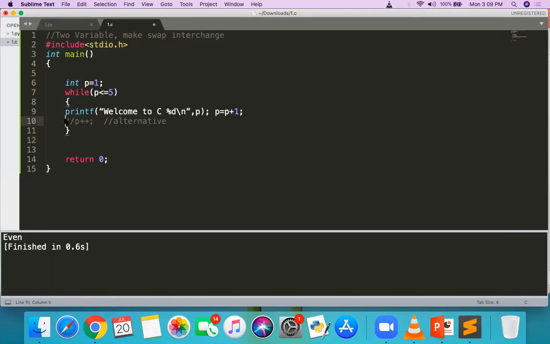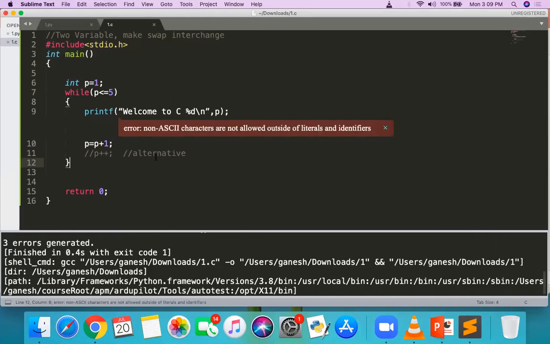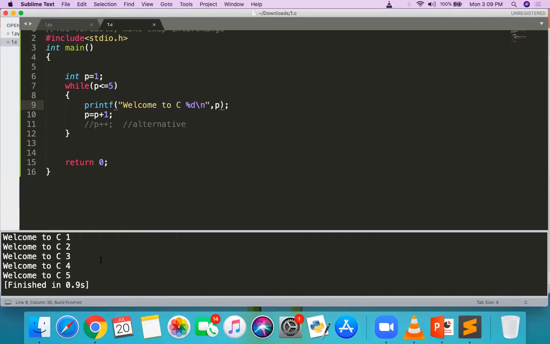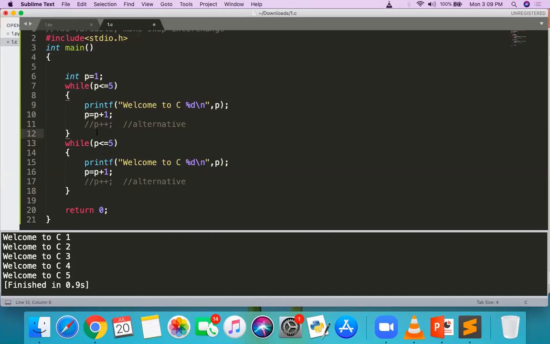Okay, the same program I'm executing, and you will get, so this I have copied now. The output is welcome to C 1, 2, 3, 4, 5. Then I can use it one more time. That is your question. I can use it more than one time here.